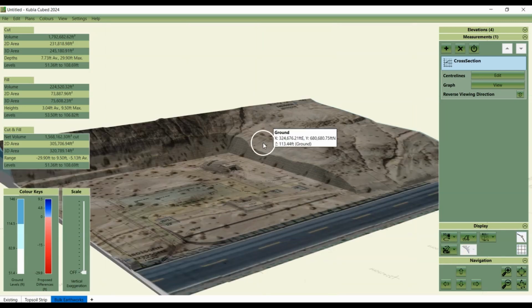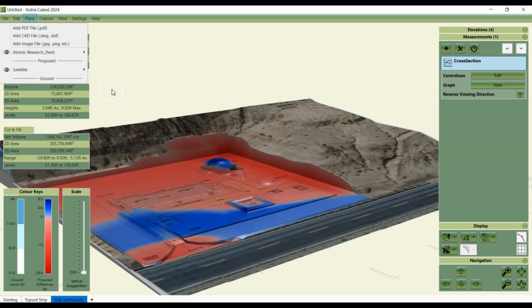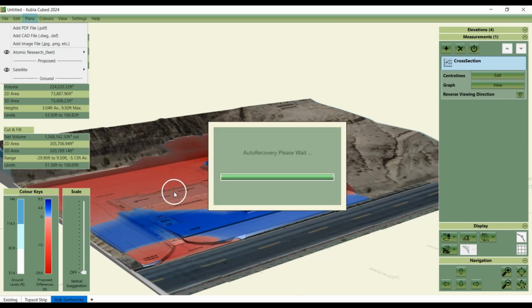We can see that the site plan is now over the top of the satellite image, but we still can't see that cut and fill. It's just showing the kind of the terrain. So we can move it down again. And this time you can see that now it's giving the context of the location with our road and this kind of hilly area. And then we've got our proposed cut and fill. And you can still see the site plan over the top of that.